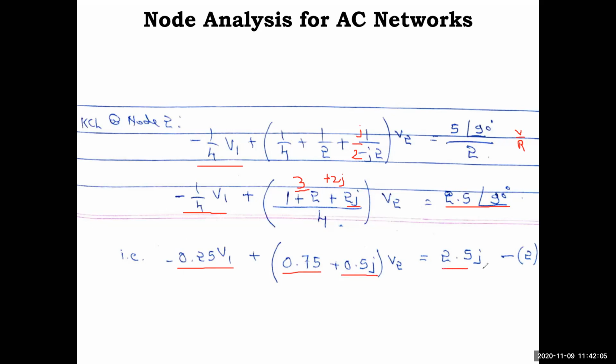2.5j. So how did I get this? So 2.5j means it is 0 plus 2.5j. Okay, so 0 is cancelled out, 2.5j. How are you getting it? Again the same conversion. So use the calculator, enter 2.5 at an angle 90 degree. You will get the answer 2.5j. Okay, so to show this, I will share another small video. Okay, so just go through.